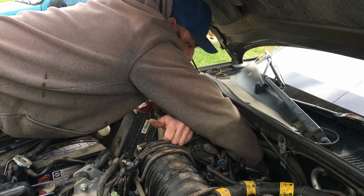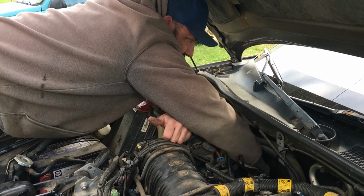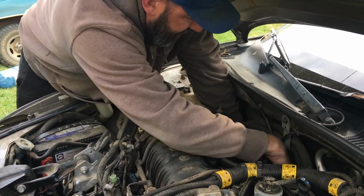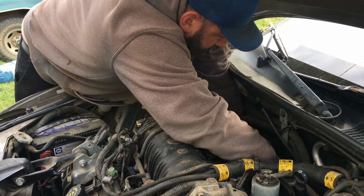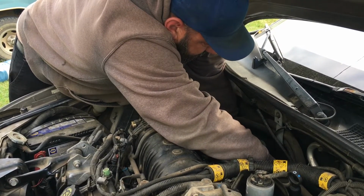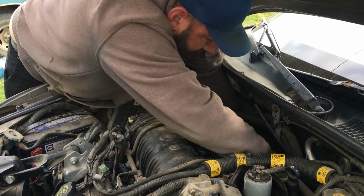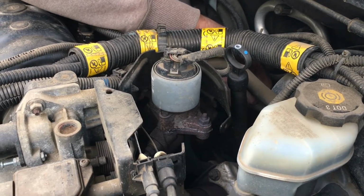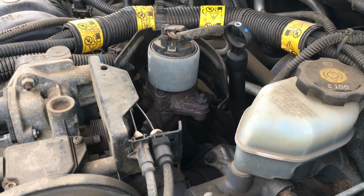The socket's taking it in a little further. We're definitely not cross-threading it, so that's perfect. This one is actually fairly good for access. There's just enough space in here that with this little 3/8 to half extension, it pops it out just where it needs to be. There's that plug. Now for this last plug, because the O2 sensor is right there, I actually have to switch